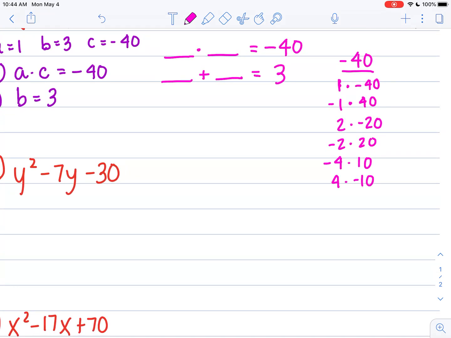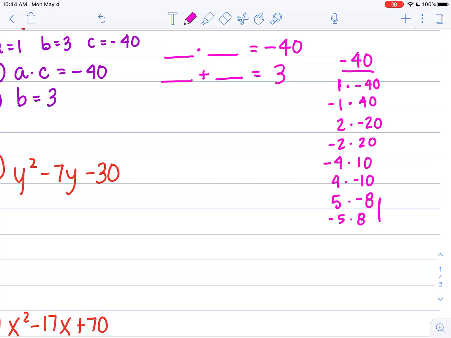So, okay. Let's see. Next one. So, 5 times 8. So I'm going to do 5 times negative 8 and negative 5 times 8, and that's it. 6 doesn't go into 40, 7 doesn't go into 40, and 8 goes into 40, but now we're flipping around again, 8 times 5, so we don't need to go any farther. That's all we can do. So this is all of our possible options. Now, if we're trying to make a 3,